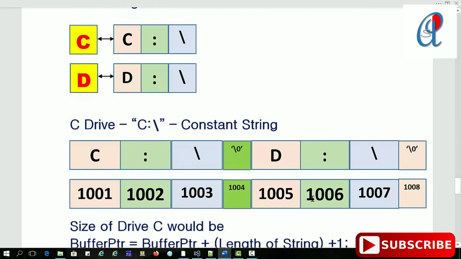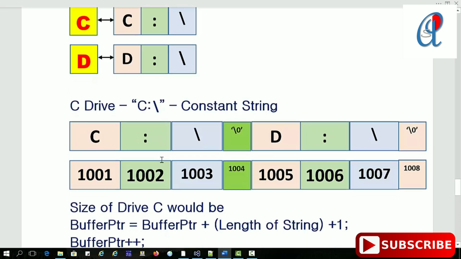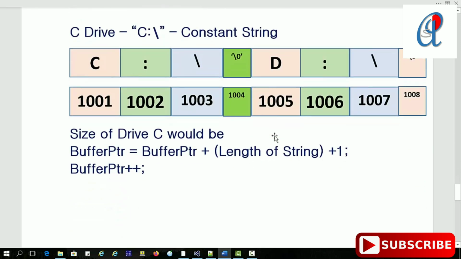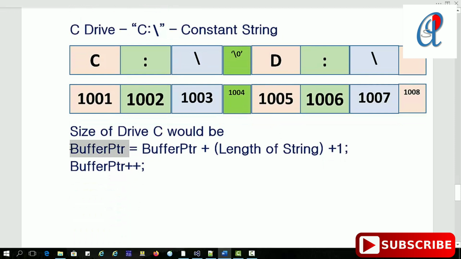How does it look? Suppose in our system there are only two drives, let's say C and D. C and D will be represented like this. Suppose I want to access the D drive and print it, how can I do that? I take one buffer pointer.